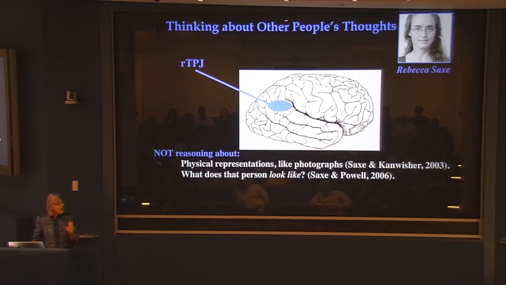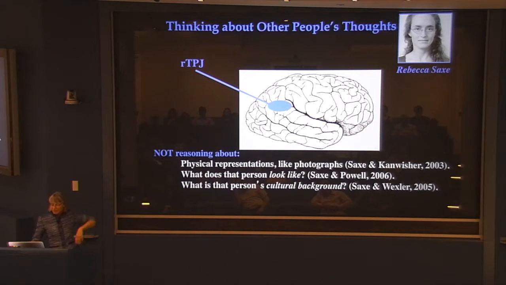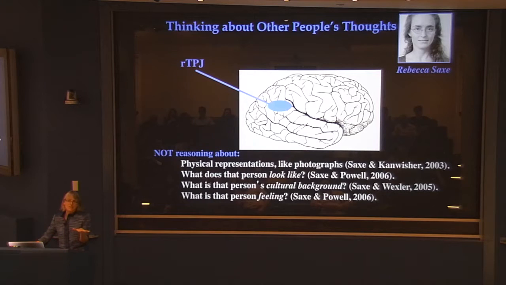She's also shown that other kinds of social tasks, like reasoning about what a person looks like, even very vivid, engaging, unusual-looking people and unusual cultural practices, this region is not interested in that at all. Weird cultural practices, it doesn't engage. Even reasoning about a person's physical, bodily sensations like thirst or pain or hunger produces no activation here. This region is only activated when you think about the content of their thoughts. Okay? So that's really extraordinarily specific.